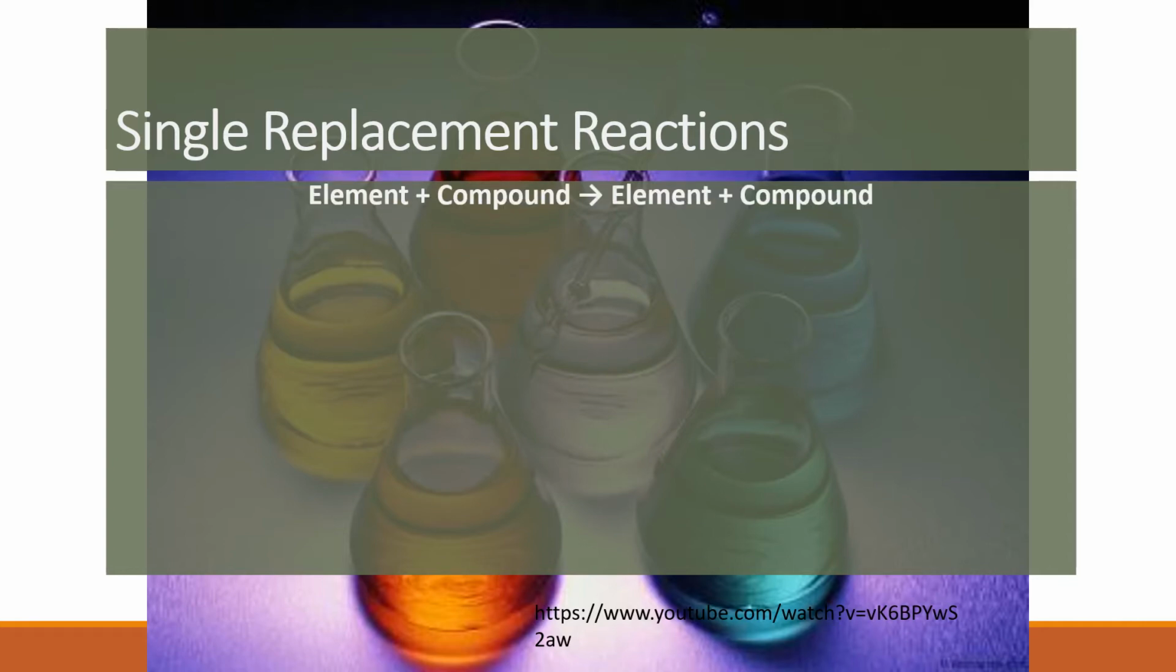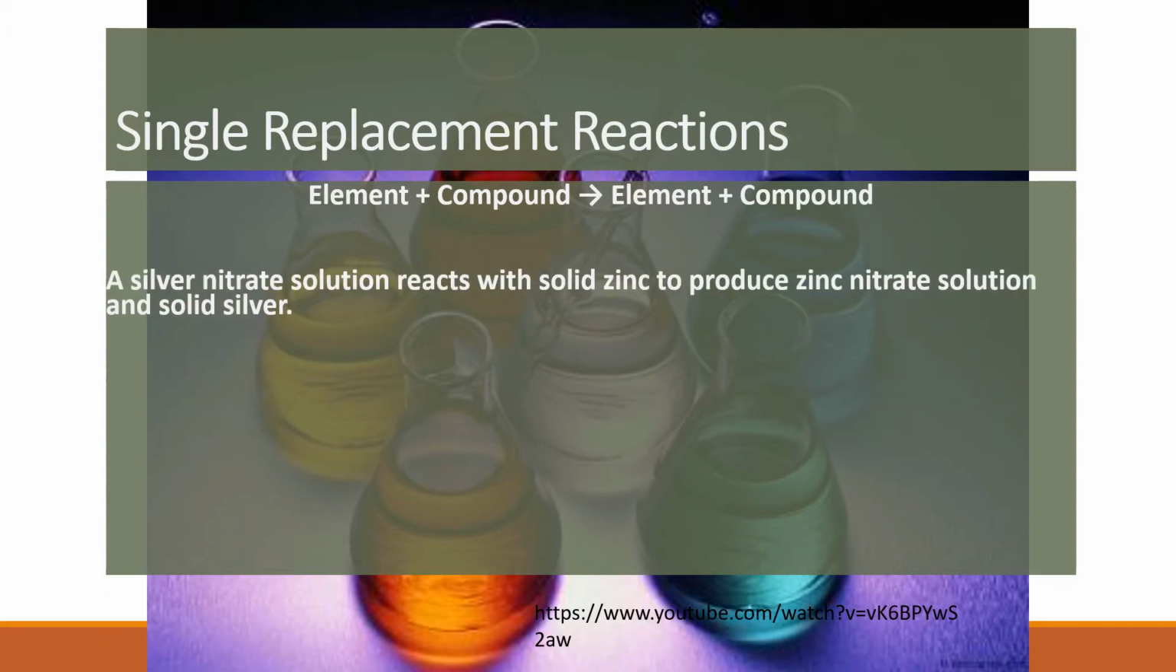Remember, it's an element plus a compound. They form and then they rearrange to make a new element and then a new compound. Typically what we're going to see is we have two metals in there and we're going to swap the metals. It doesn't always have to be the metal and the metal swapping. It can be the anions or the negative ions, but most times we're going to be seeing metals, those positive cations, swapping places. So here we have silver nitrate solution reacting with solid zinc to produce zinc nitrate solution and